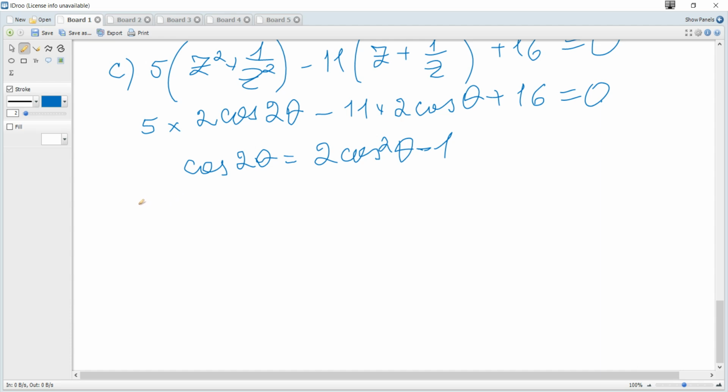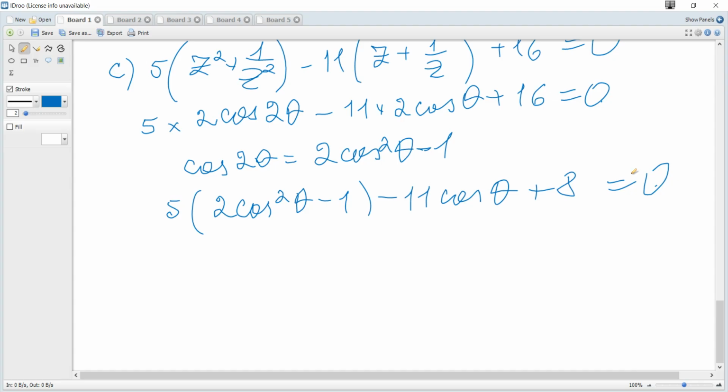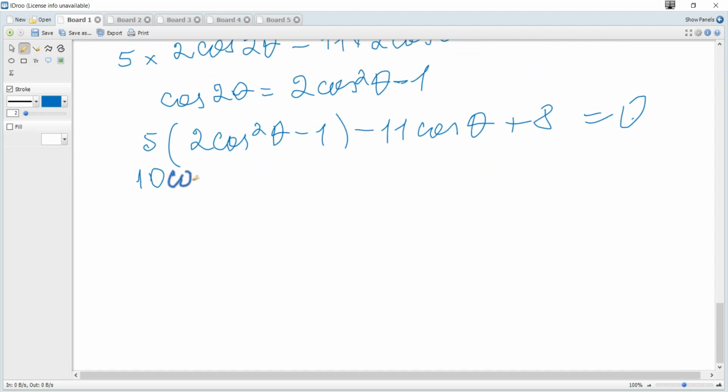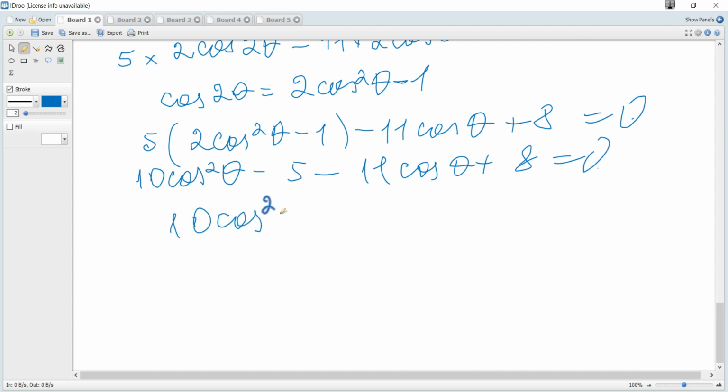So it becomes, and you can see that we can divide each term by 2 to get 5 times cosine of 2 theta, which is 2 cosine squared minus 1, minus 11 times cosine of theta plus 8 is equal to 0, and it becomes 10 cosine squared minus 5 minus 11 cosine plus 8 is 0, and we get the quadratic 10 cosine squared minus 11 cosine plus 3 is equal to 0,